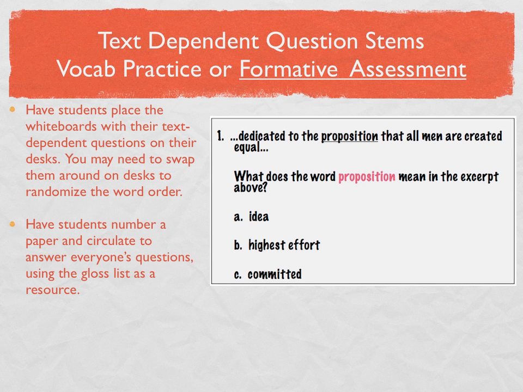Students get a preview of the text through the use of the question stems and gloss list that greatly increases text comprehension. They gain exposure and practice with the specialized language of high-stakes test questions. They get multiple repetitions of the target vocabulary as they refer to the gloss lists to determine the correct answer to their peers' questions. This entire process can take as little as 15 minutes as a preview to text reading,